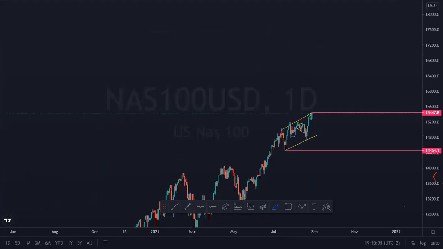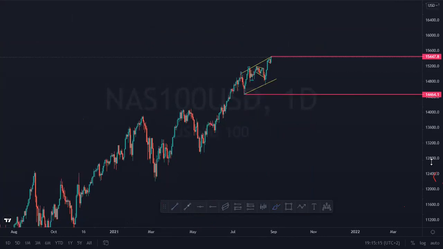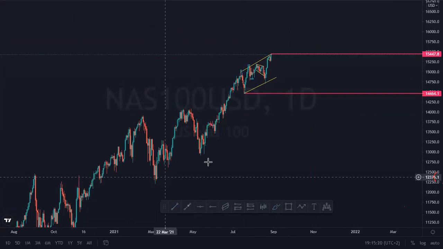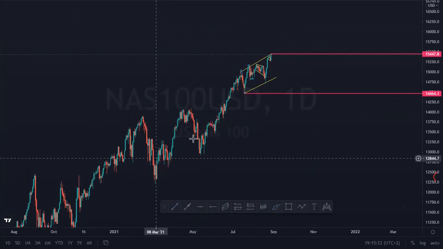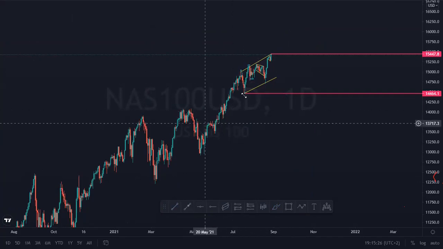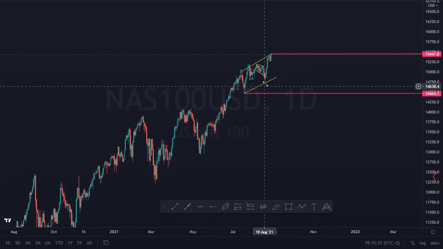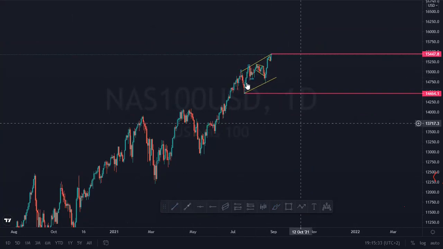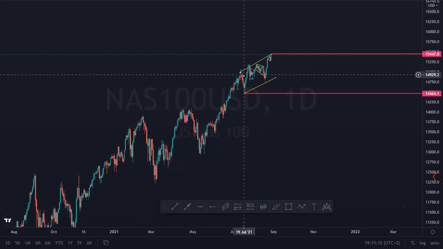Okay. This is Nasdaq, guys. Yeah, we can see that the market has been pushing up, guys. For me, there's no need to start here and start analyzing here. So I started here. There's the first touch, there's a second touch, and the market pushed up. And if you can check here, if you can check even here, there's,